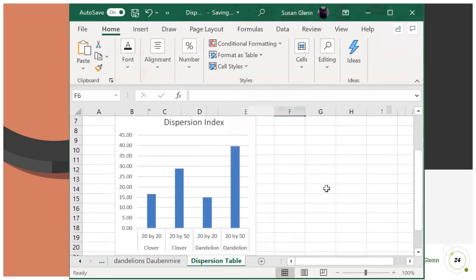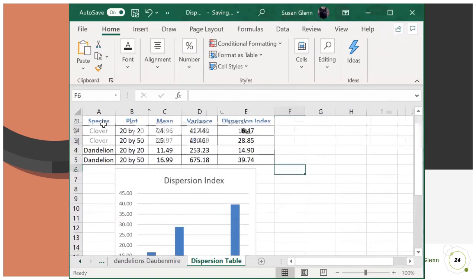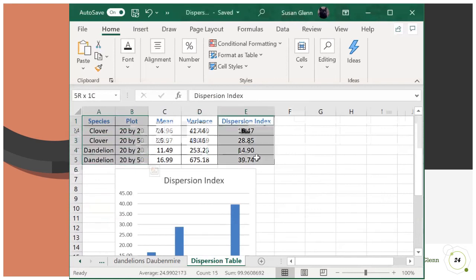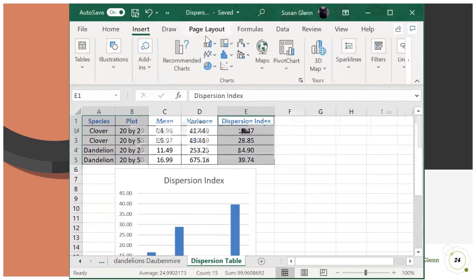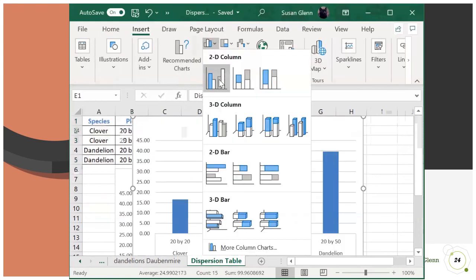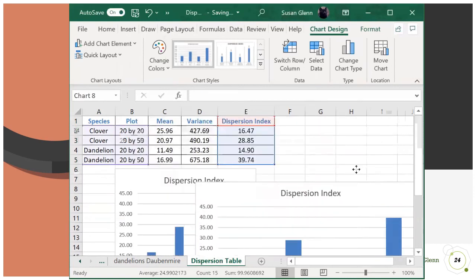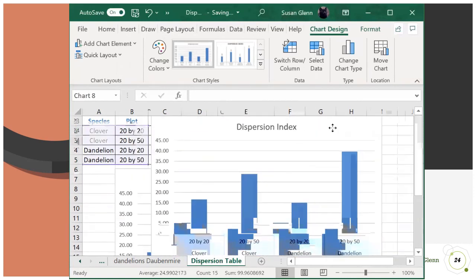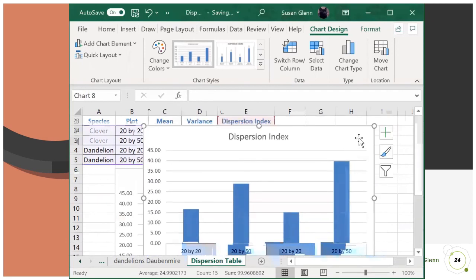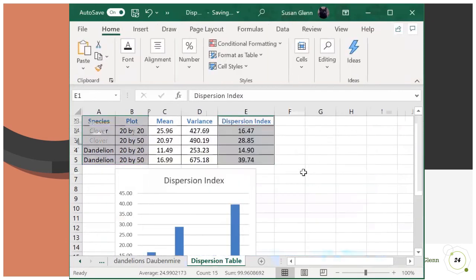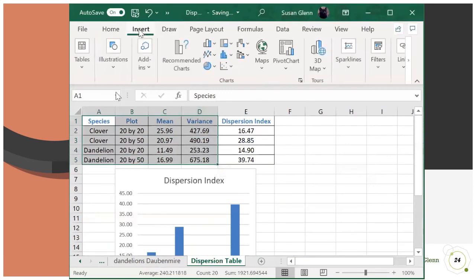Now I made this little graph over here. All I did was I selected out these first 2 columns and that last column, and I went insert, column graph, and there, you get it, right? Move that around, you can make it bigger or smaller, adjust it. So I could do the same thing if I wanted a graph of the mean and the variance. I could just highlight that, insert,